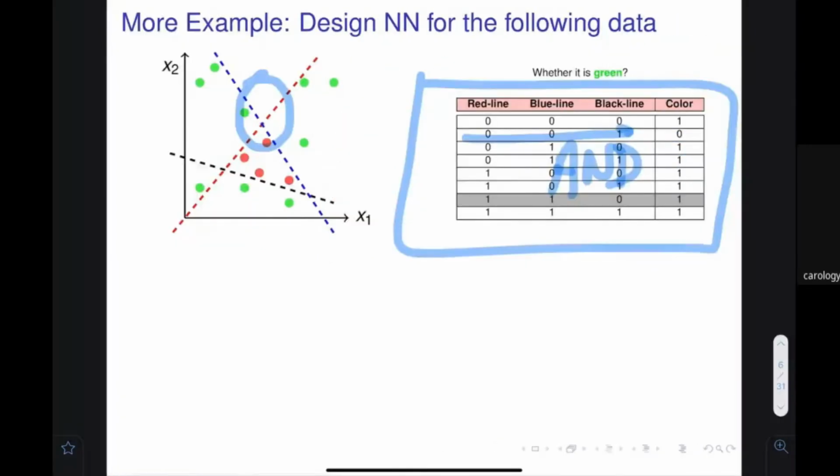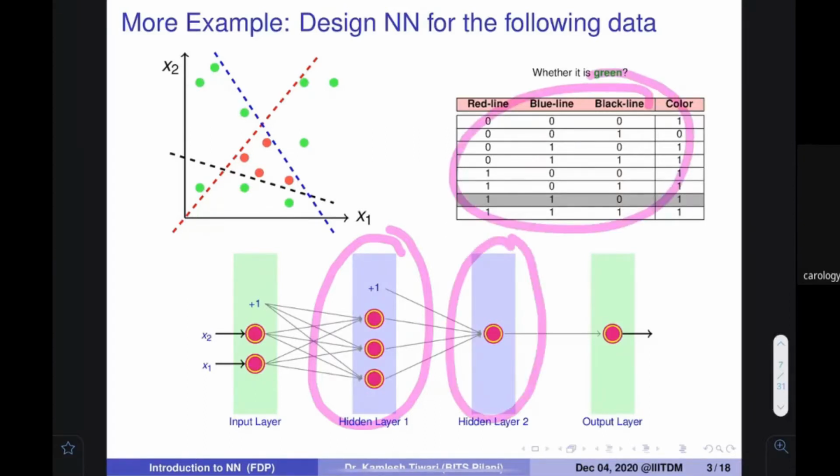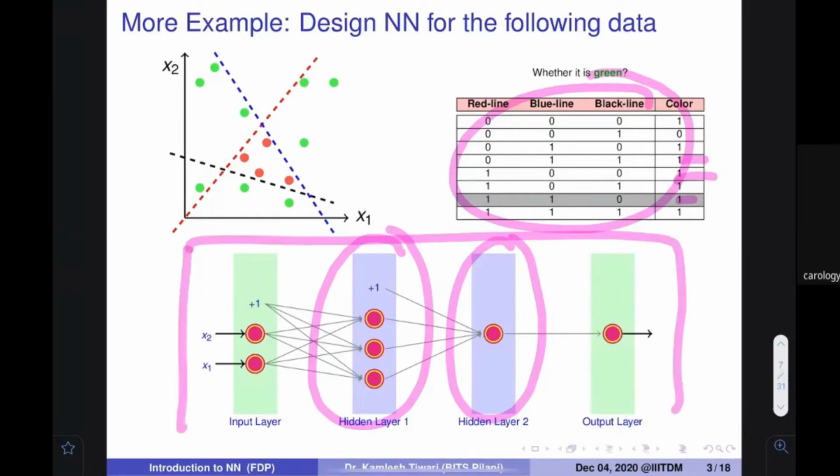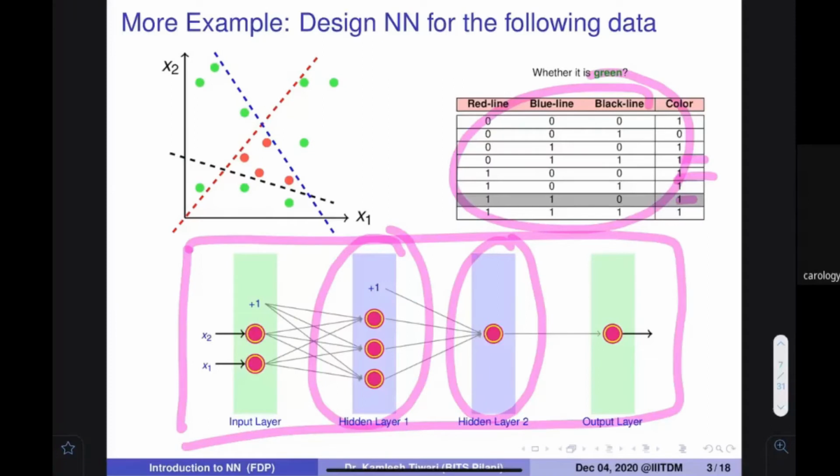Because I have this understanding, I said that three neurons, three perceptrons, would be here. And since there is one table, I say that there would be an AND gate over here. If there were multiple tables, I could find out how many things are needed there. So we can devise this kind of network architecture. I think this should be clear.